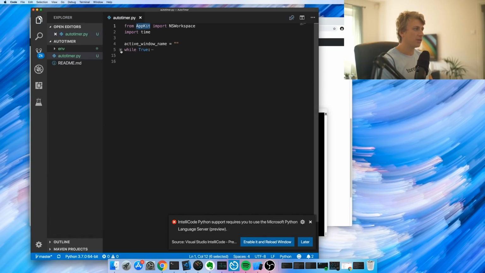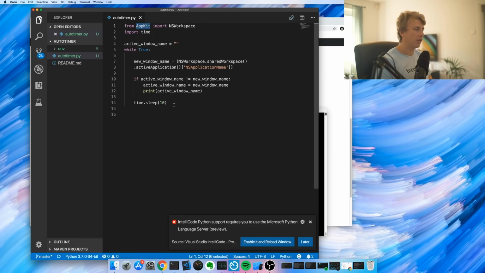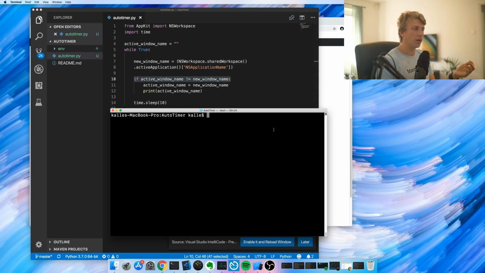This is what I just wrote now, so I haven't tried this, but what this basically should do is it should run constantly as soon as I start running it. And what it will do is it will get the name of the active window, and if this name is different than the previous name, then it will print the active window name. So essentially when we run it now,